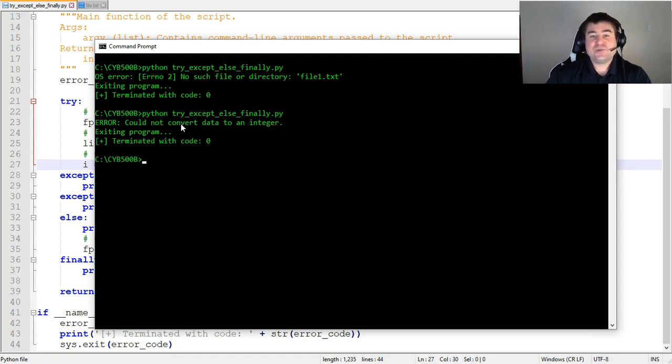So we are handling two different types of errors, and we behave in different ways. In this easy example, we simply print different things, but in more complex programs, you could actually do something very powerful and very different. Now remember what we said about the finally clause. It always executes, no matter what, if the exception is raised, not raised, and notice, after the error was printed in each case, we do print what is contained in the finally clause, exiting program. We have a different type of error, exiting program, right?